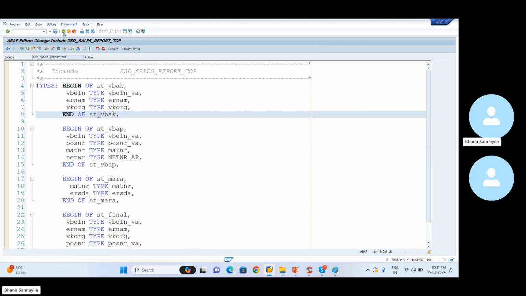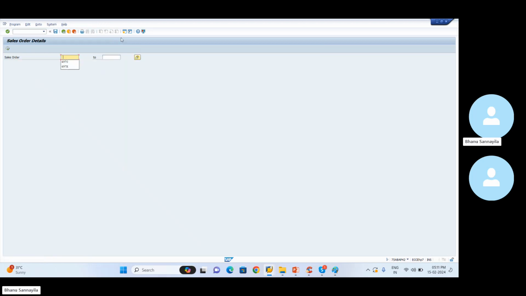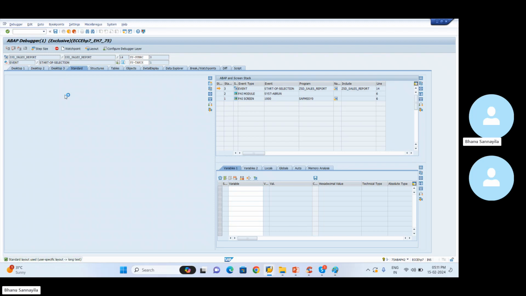The reason is that we have to keep the breakpoint on the executable lines. So I have kept my breakpoint on an executable line. Simply saying, let us not keep the breakpoint at the declarations. Now let me execute the program and give some data here, 4975 or 4979, whatever it is. The moment the debugger starts,